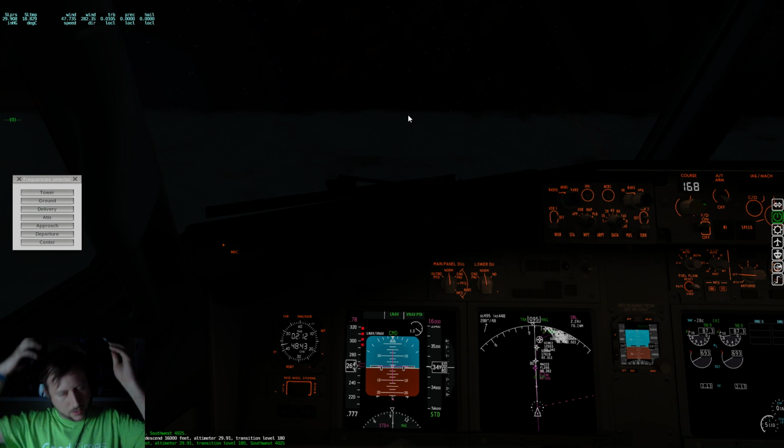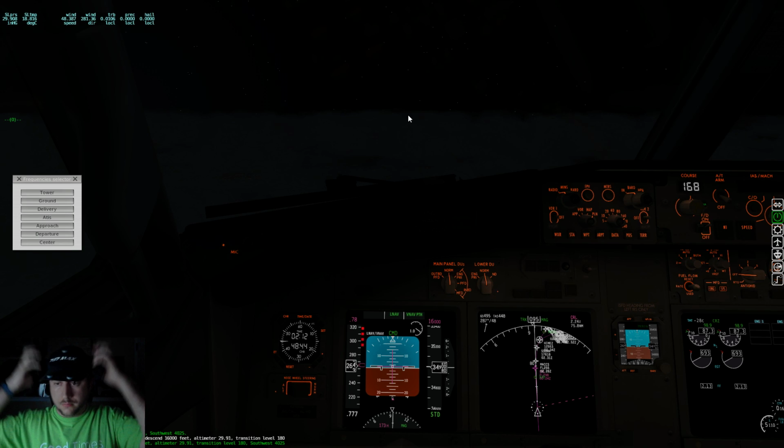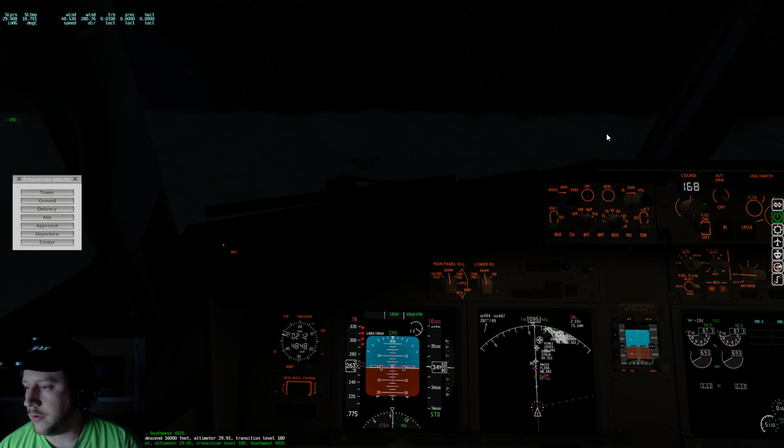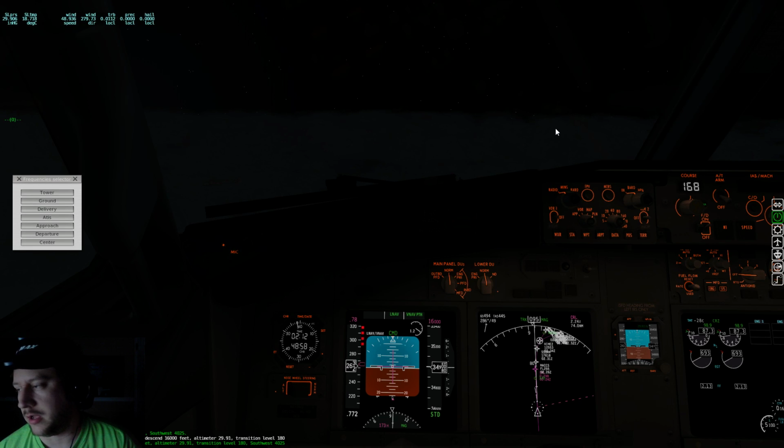But yeah, we can get ready to go down here. We can get ready to start descending. Let's go ahead and do an approach briefing. Well, we already did that. Yeah, we went over the arrival. Is there anything else that we should look at on the descent? Of course, we got to get passenger signs on. And landing altitude